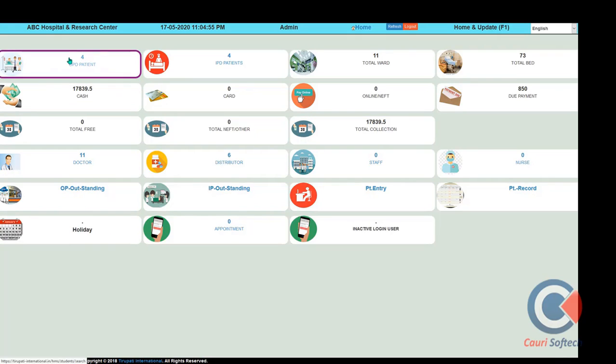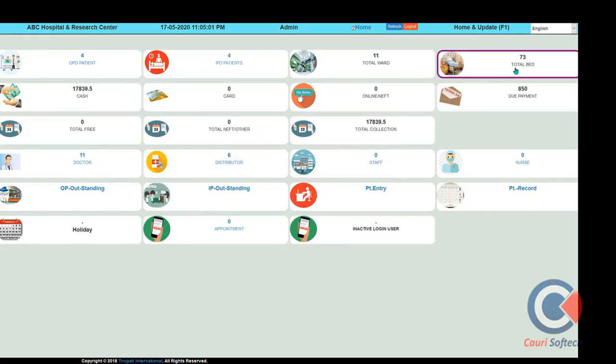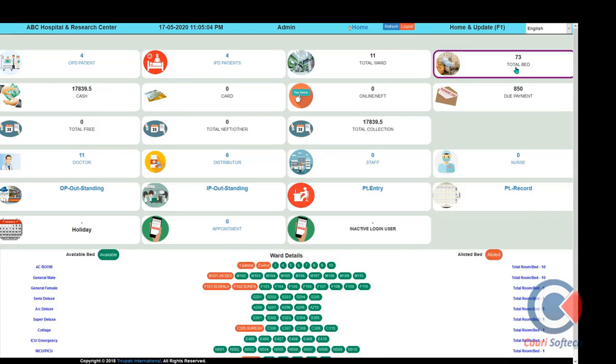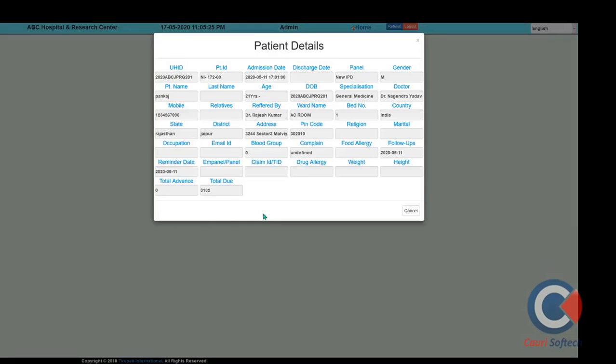We can access, as you can see here, the total OPD patient list of today, total IPD patient entries, and total bed occupancy. If you click on this button, you can access the real time entries from the relative button. In bed occupancy, the red color buttons mean that the specified bed is occupied, with a patient named Pankaj. If you click on that button, it will show further patient detail: the UHID, admission date, which panel is registered, patient mobile number, attendant and relative information, and any outstanding amount that can be informed to the respective patient attendant.